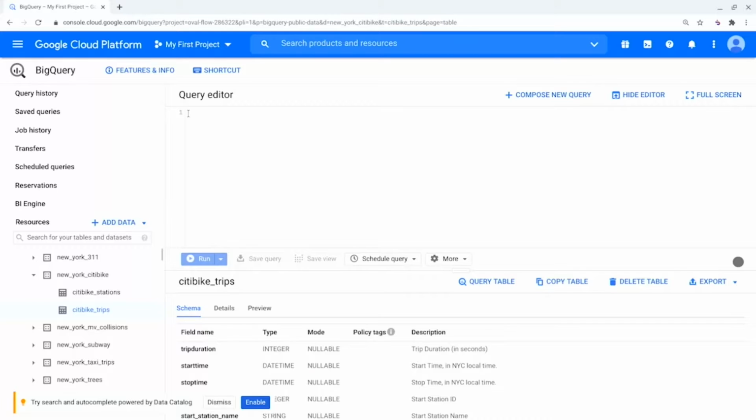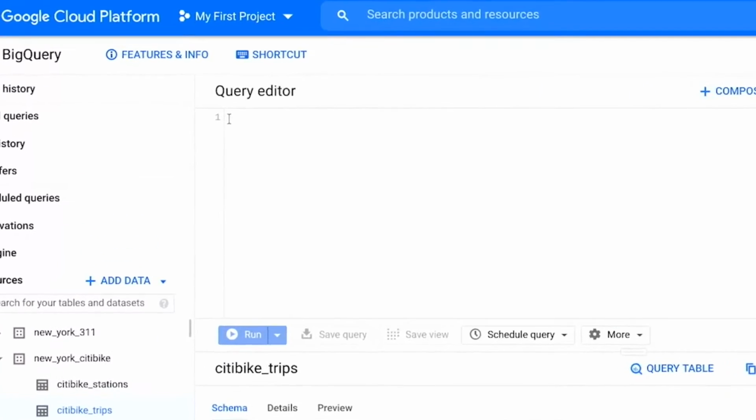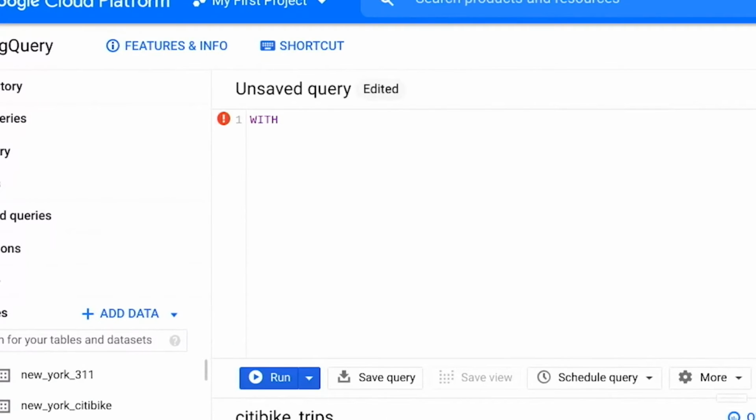Let's get this query started. We'll start this query with the WITH command. We'll then name our temp table trips_over_1_HR. Then we'll type the AS command and an open parenthesis. On a new line, we'll use the SELECT FROM WHERE structure for our subquery.